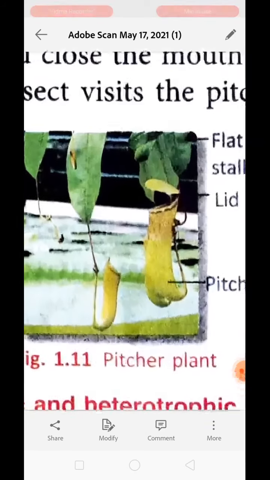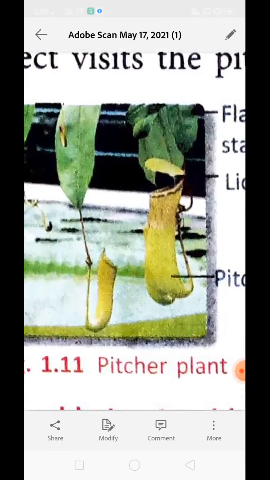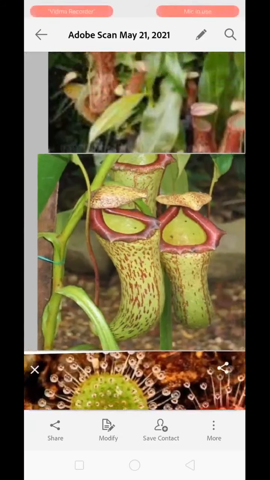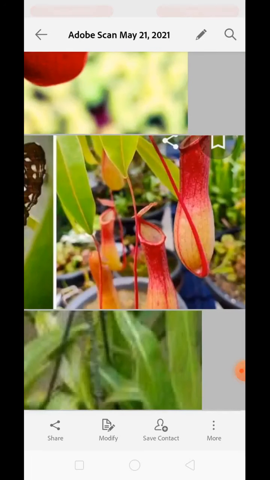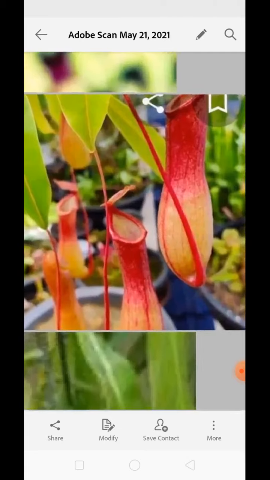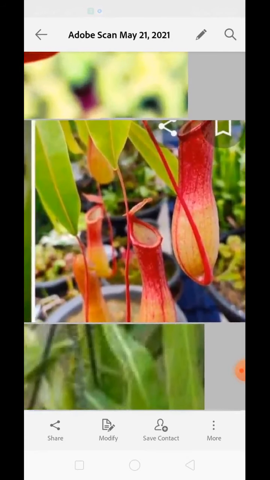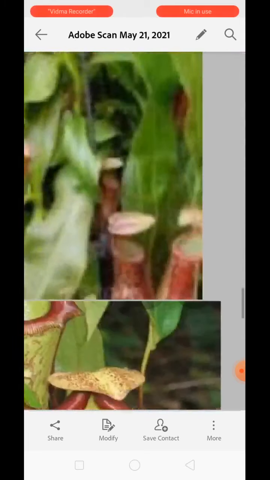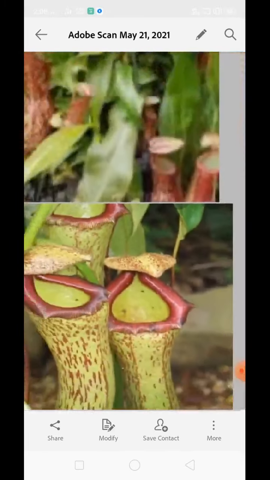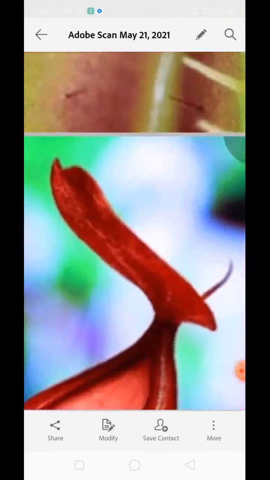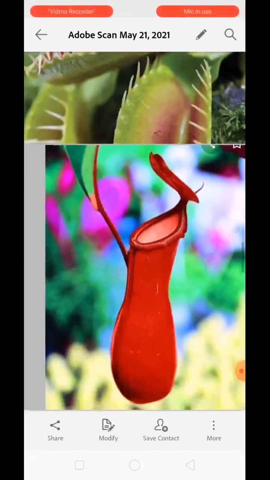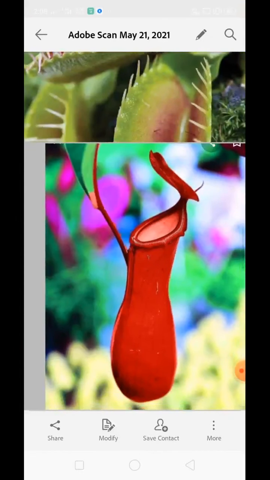Okay, see over here, this is the pitcher plant. Pitcher plants are actually modified leaves. It is the apical part of the leaf which gets modified to form this pitcher-like structure. This pitcher-like structure hangs from the flat stalk or petiole of the leaf. It has a lid. You can see over here the lid is present. See, it is more clear over here. The lid is present on the top of this pitcher-like structure, which helps to close the mouth of the